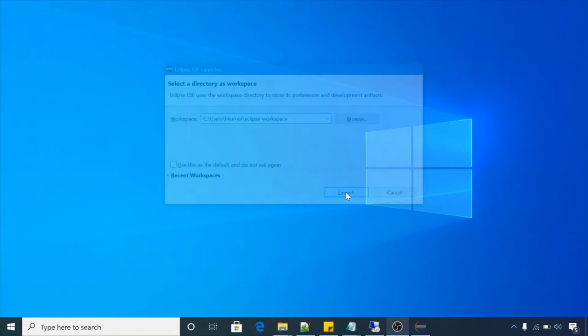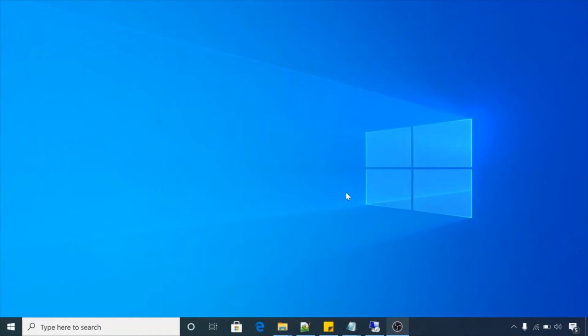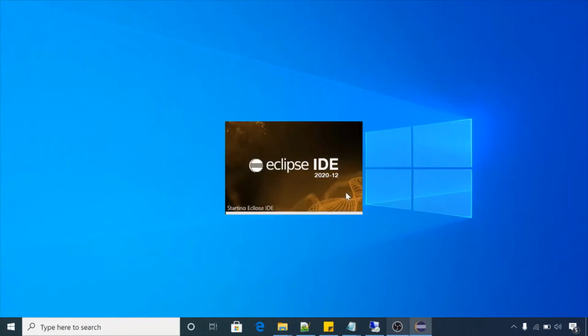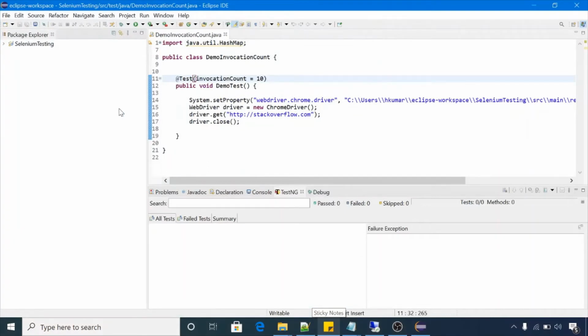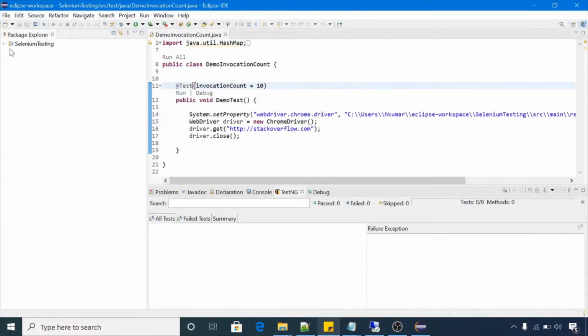So I'm launching this project. This is taking a little time to launch. Yeah, so this is our Selenium project that we were working on in the last sessions.